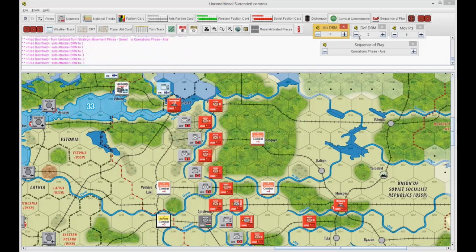The Russians are at all of their guys are at 4, with an extra -2 for the weather. They're all going to just be able to roll 1. So it's a matter of whether the Germans roll high enough. With -3 sorties attacking this one that's in reserve, I need to get...